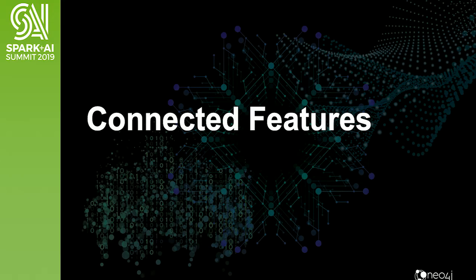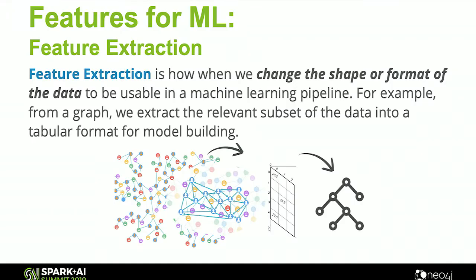So if we think about connected features and what that means, that's basically a feature that's somehow representative of the relationships inherent to what you're trying to predict. Now, features for machine learning and connected features for machine learning, you can think there's three-ish ways that they can really help with precision and machine learning predictions.